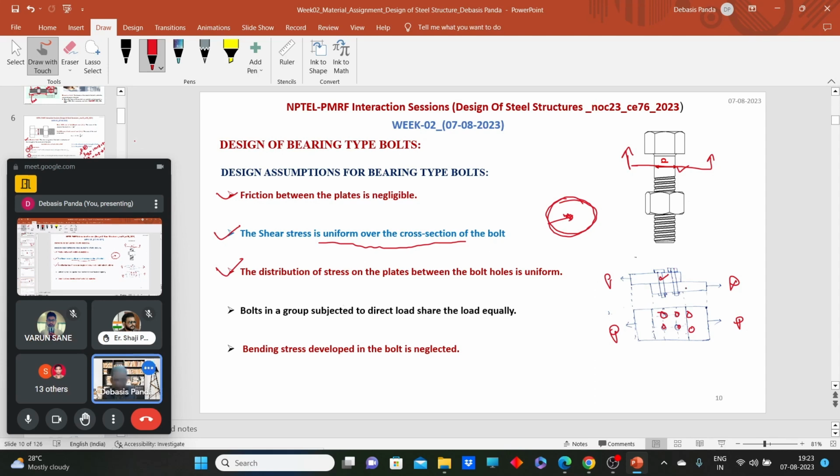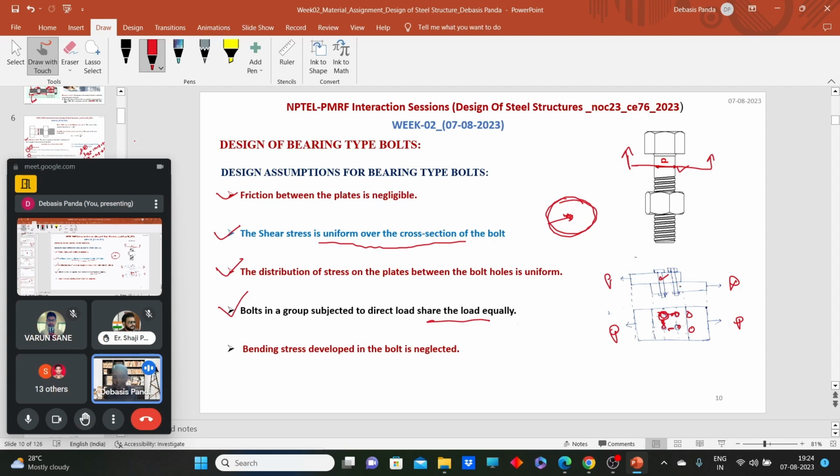This assumption says that whatever stresses are generated around the bolt holes are considered as uniform. But what happens is that across this bolt hole the stresses are more, and when you move apart from the bolt circumference, the stresses will reduce. Now the fourth assumption is that the bolts in a group subjected to direct load